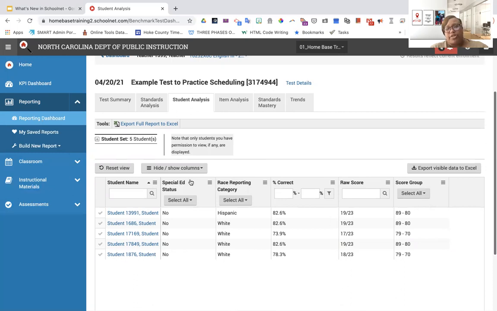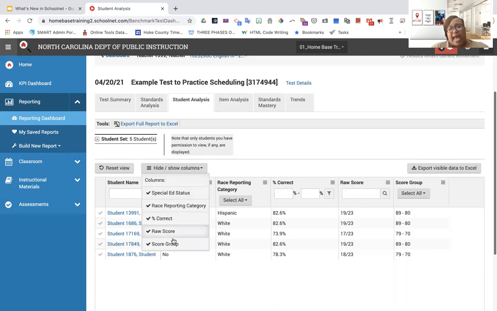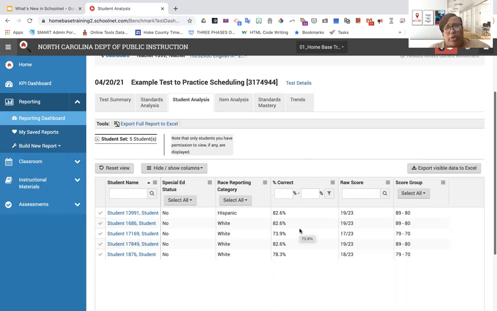So you have special education status, what type of race reporting category do they belong in, but it also provides me with the correct score, raw score, and score group. Now, of course, I can decide exactly what I want to see, but it does give me an opportunity to use these filters to see my students at a quick glance. Awesome if I want to group my students. Awesome if I'm having PLC conversations. Awesome if I'm having